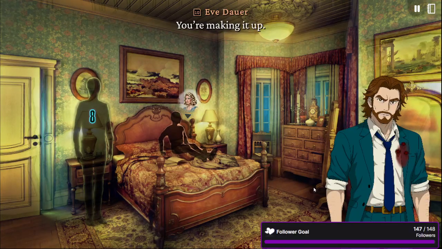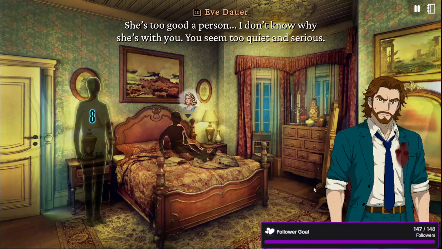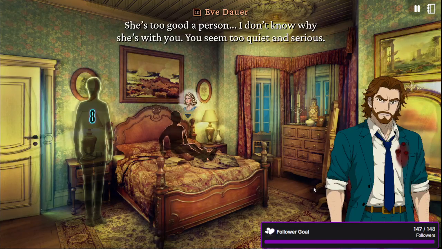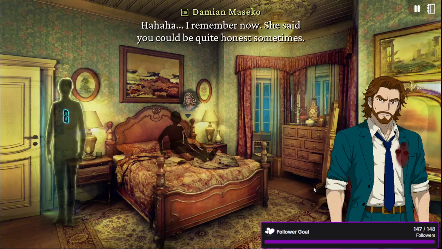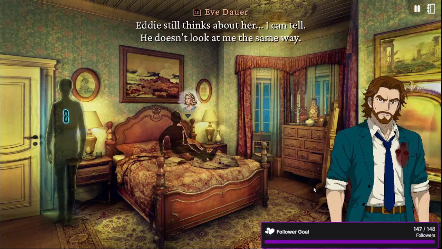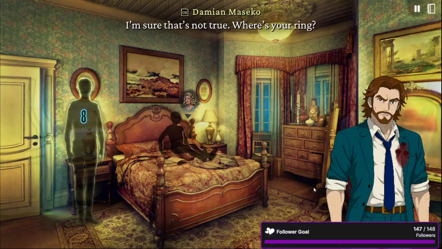You're making it up. No, she respects you a lot. Even if you don't seem to get on so well. She's too good a person. I don't know why she's with you. You seem too quiet and serious. I remember now. She said you could be quite honest sometimes. Eddie still thinks about her. I can tell. He doesn't look at me the same way. I'm sure that's not true. Where's your ring?